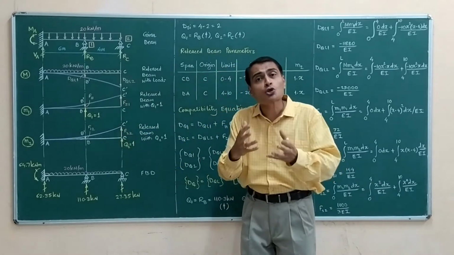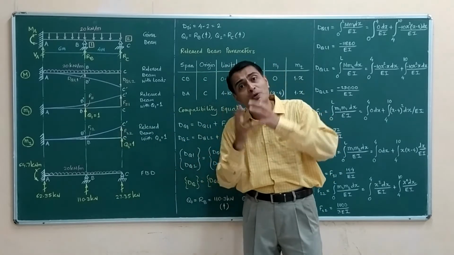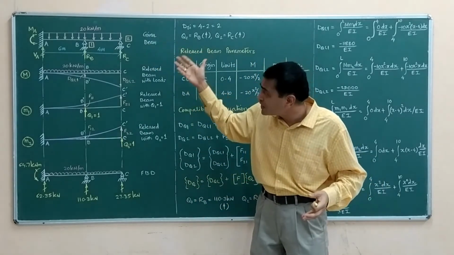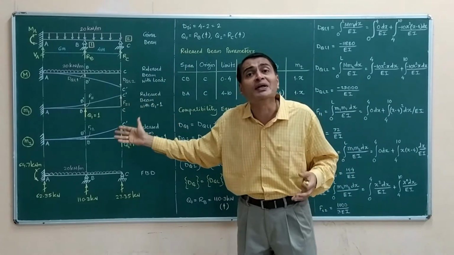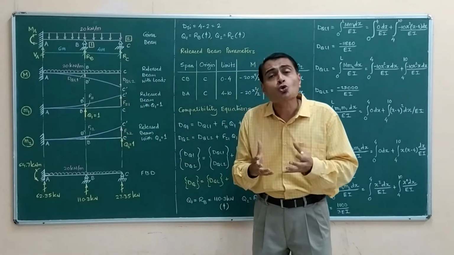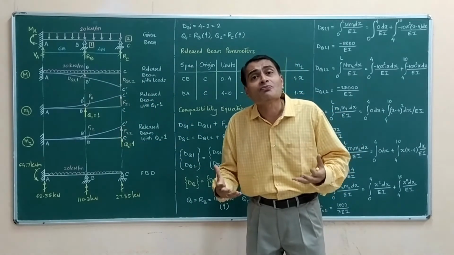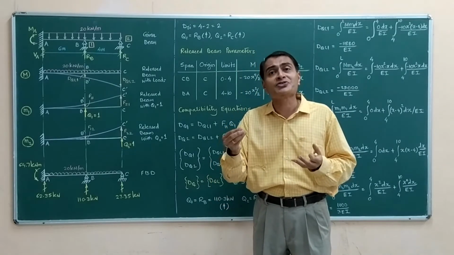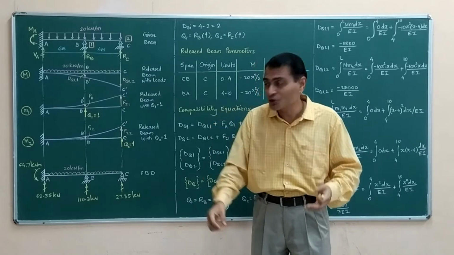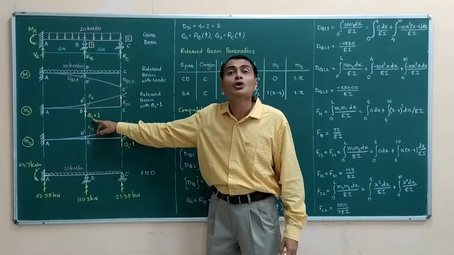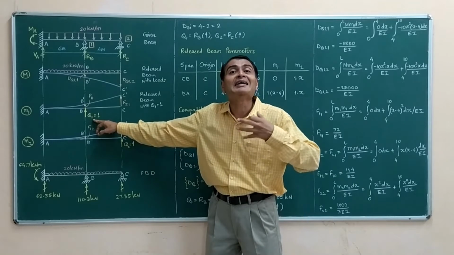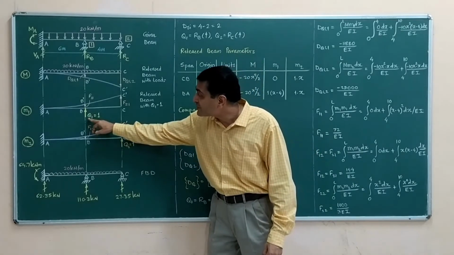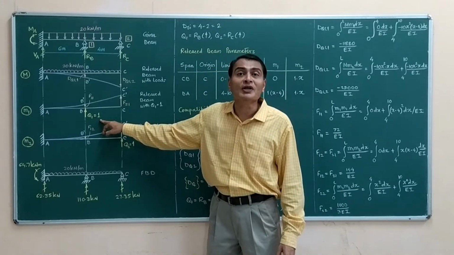But when I directly show RB and RC there, though my superposition is correct, I am unable to calculate DQL1, DQL2 and the rest of the displacements. So to enable myself to apply the unit load method, we have adopted this kind of elegant approach, where we apply unit load rather than the entire RB. So I am applying unit load, that is, I am saying Q1 is equal to 1.